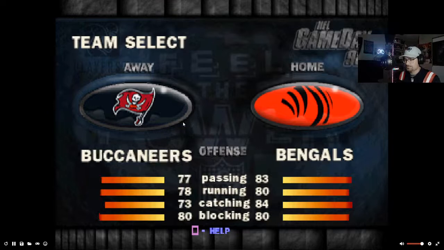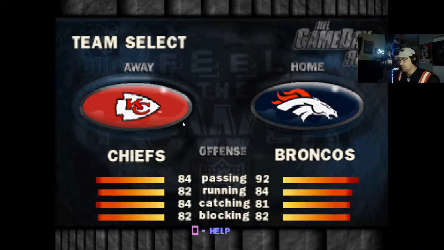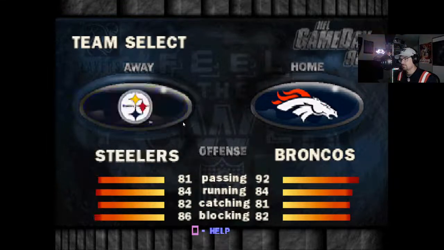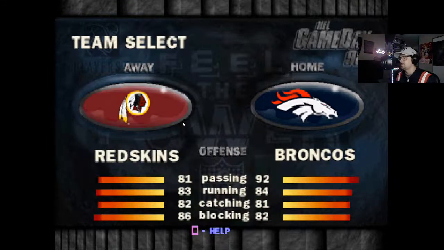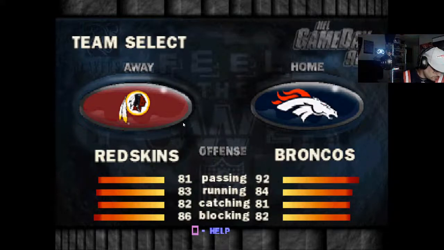Okay, so all the buttons seem to be working right now, so we'll play the Super Bowl from this year, and I believe, let me see real quick, because I want to see who the home team was in the Super Bowl. Let me see real quick here.